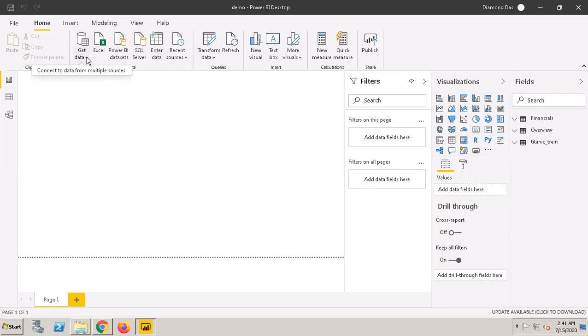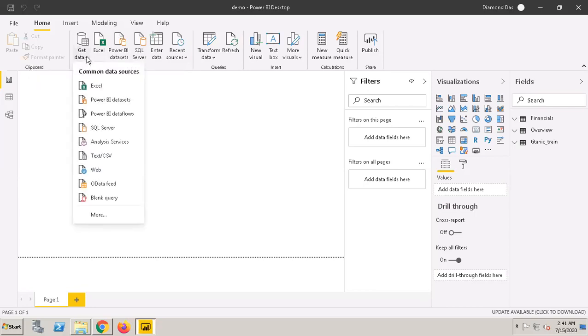Besides Excel, SQL Server, and Power BI datasets, if you are using other databases or need some other data connectors, you can use the Get Data option. Once you click on Get Data, you'll see different data connectors like Excel, Power BI datasets, Power BI dataflows, SQL Server, Analysis Services, which is basically SSAS, Text or CSV, and Web.